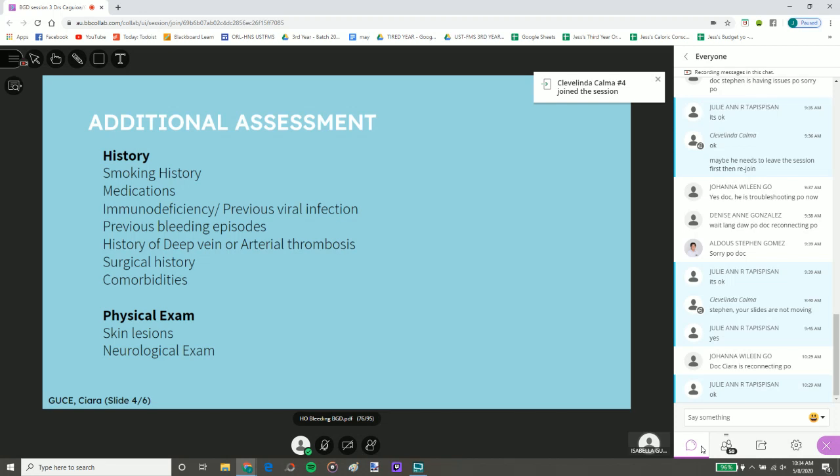It has already metastasized to the liver, lungs, kidney, and to the brain. So aside from that, we could also ask regarding the patient's previous bleeding episode. Has this been or is it recurrent, as this increases the risk of bleeding. And then for other comorbidities such as myocardial infarction, pulmonary embolism, liver diseases, liver disorders, and deep vein thrombosis episodes,